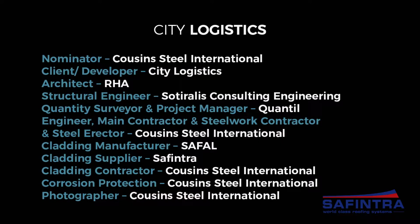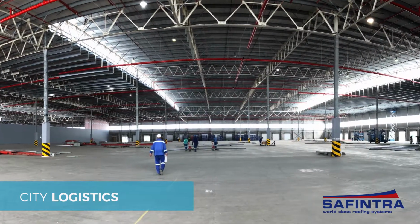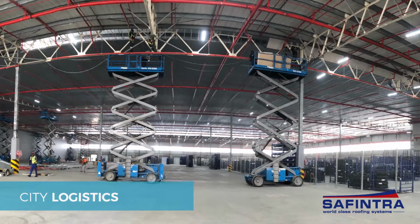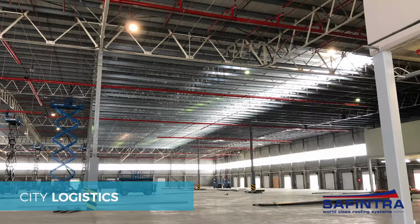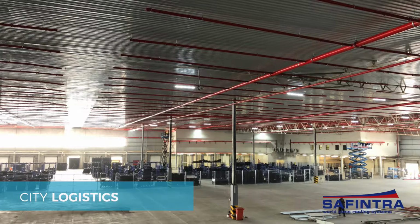All structural steel and cladding for City Logistics was retrofitted to the existing and new steelwork from inside the warehouse. Due to the installation limitations and material handling, the sheets were delivered in 4-meter lengths. Cladding had to span across 78 meters in between sprinkler droppers, lights, electrical cable trays, and at times in between